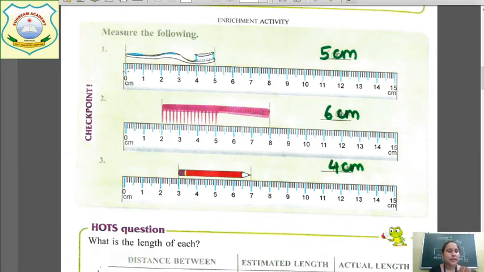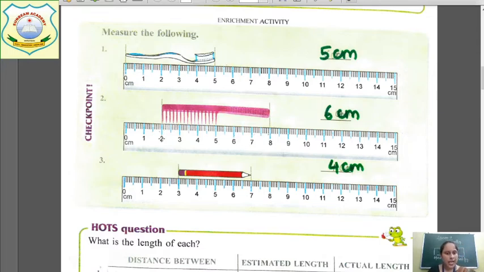So now this you can see, we will not start measuring from 0. हम 0 से measure करना start नहीं करेंगे. We will start measuring it from 1. 0 से 1 तक कितने सेंटीमीटर हुए? 1 सेंटीमीटर. Then this is 1 centimeter, 2 centimeter, 3 centimeter, 4 and 5. So this toothbrush is 5 centimeter long.